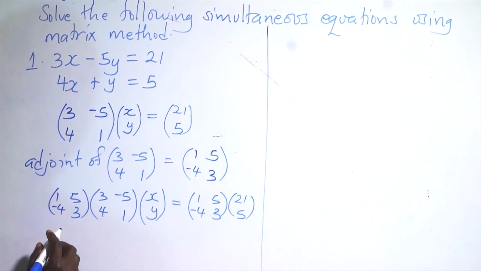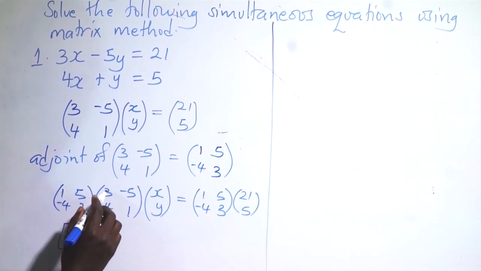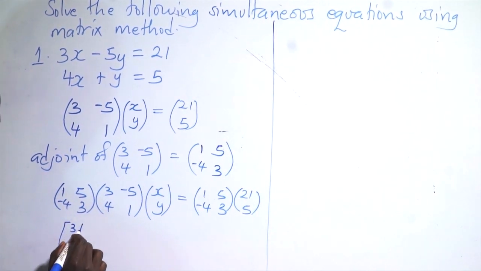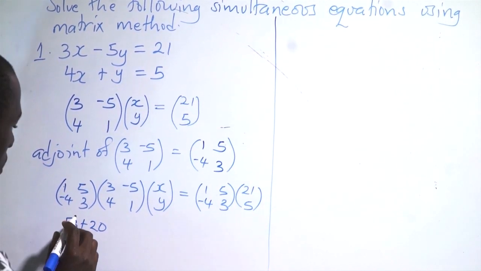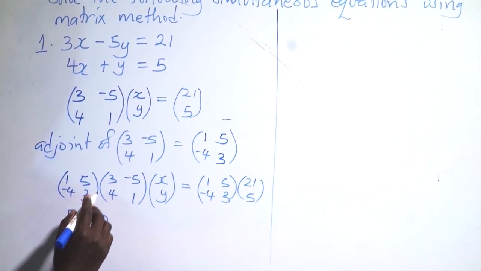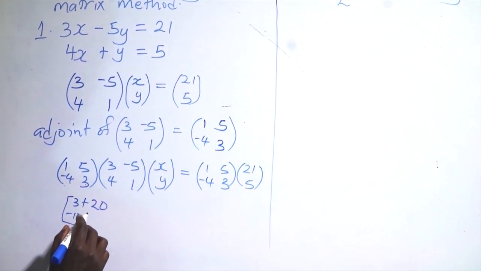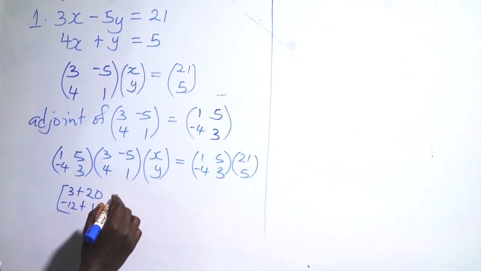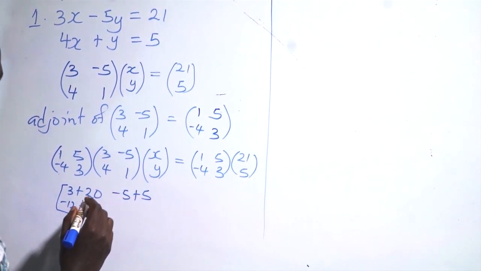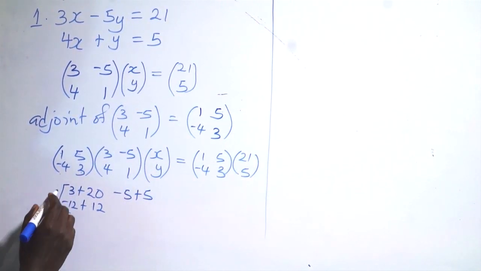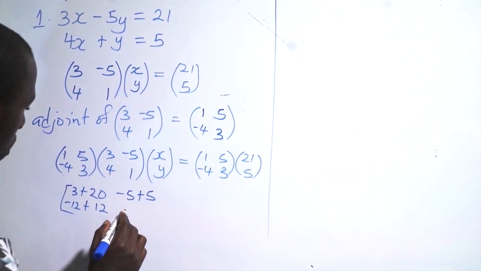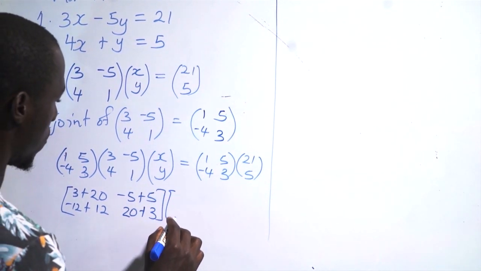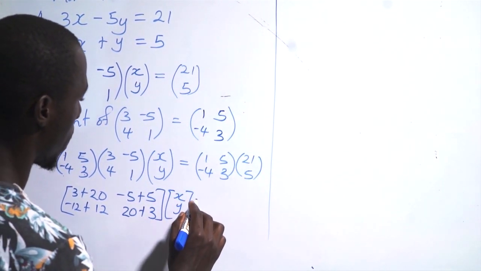So row by column, that is a 3 plus a 20, then row by that column, that is negative 12 plus 12, then row by that column there, that is negative 5 plus 5, then row by column lastly, that is 20, positive 20, plus a 3, then times xy is equivalent to,